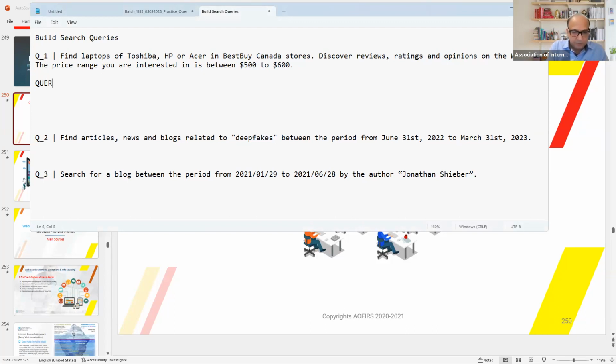So the query: laptops of Toshiba, HP, Acer. So the key term is laptops. That is the primary key term. So let's just write laptops, and let's just write them randomly just to put all the words together. HP, Acer, Toshiba,